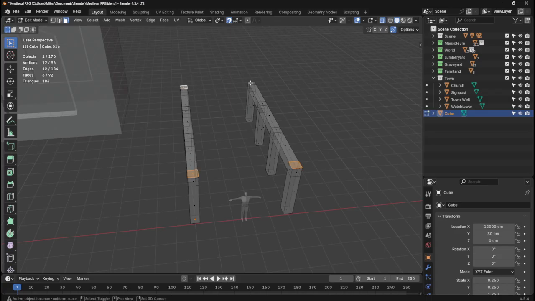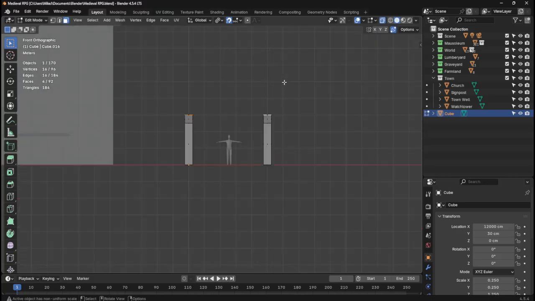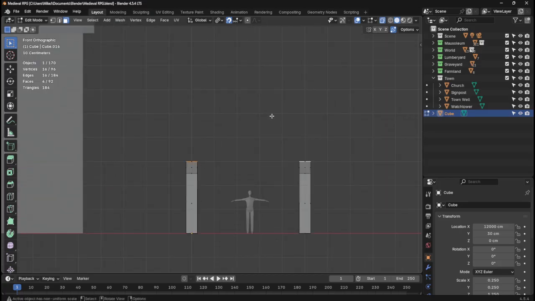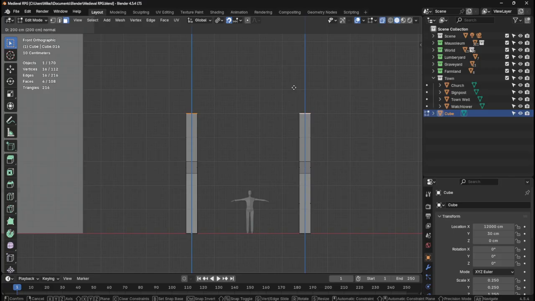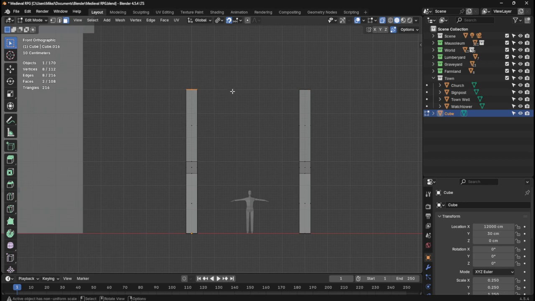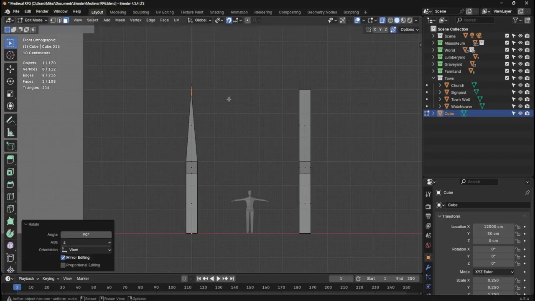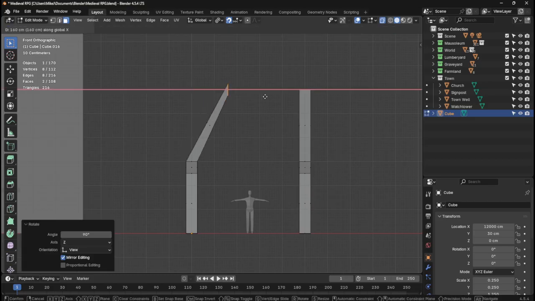I'm just wondering if what I'm about to try is going to be a good method for this. To get the kind of curved arch, if I was to extrude these up to say there, and then rotate 45, or actually if I did 90 and then G on the X,